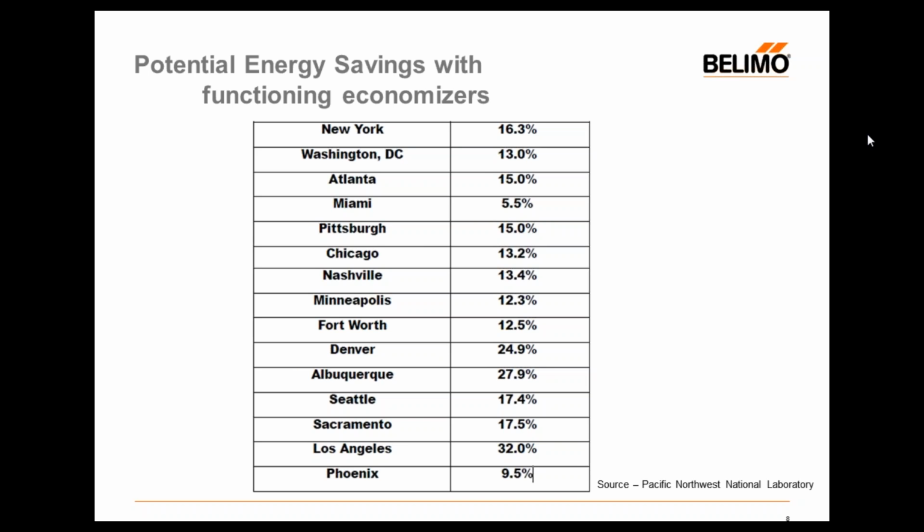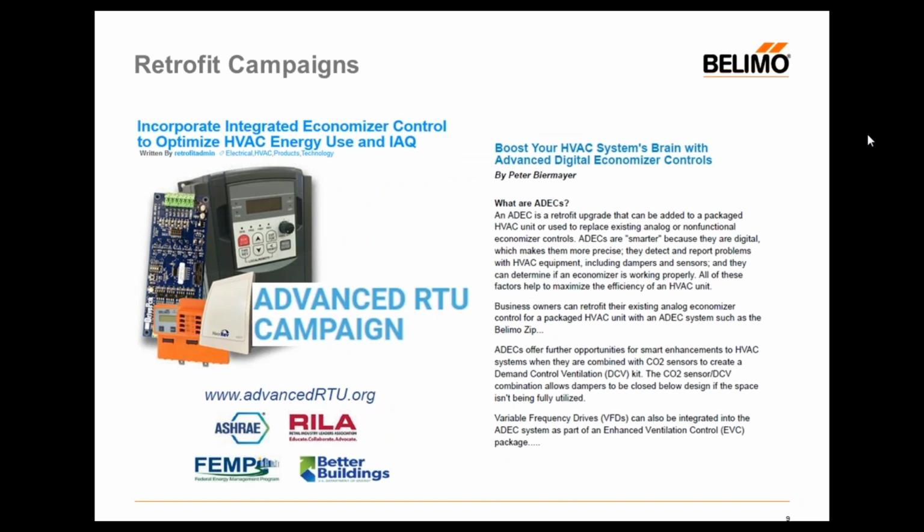As shown in this slide, you can see the various energy savings throughout the United States. Even in the Deep South, there is energy savings. This is why economizers are being required in every state. There is more recognition of the energy savings and ease of installation and fault detection benefits of adding new economizer